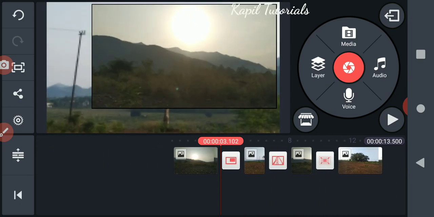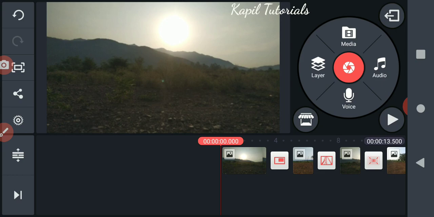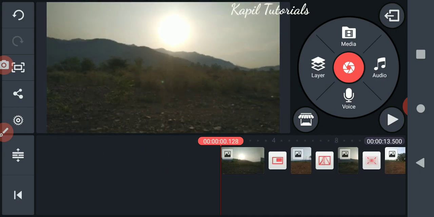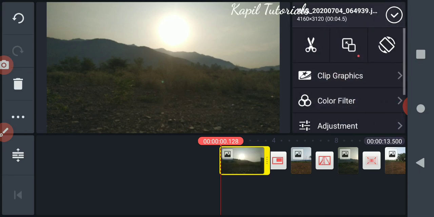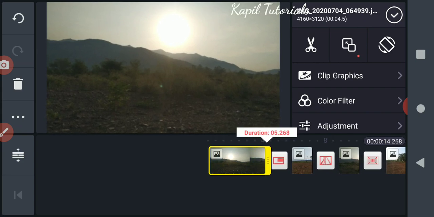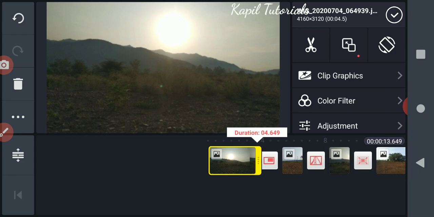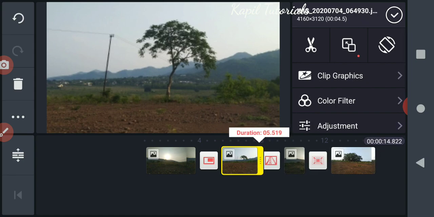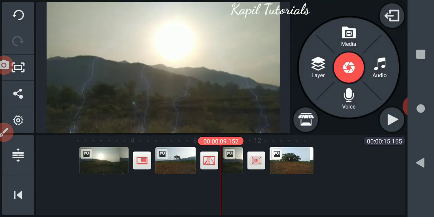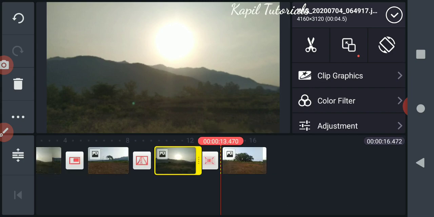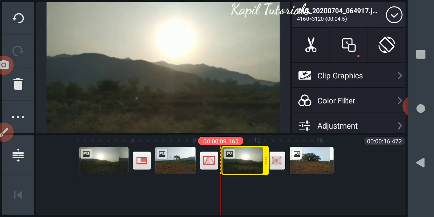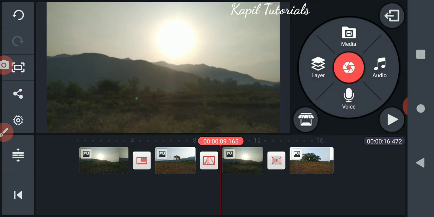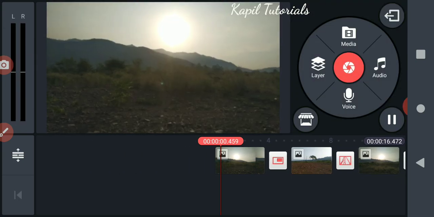So how to do it, how to go ahead now? Suppose one more point I want to tell you. Suppose this pic, I want to increase the size of the pic. Simply on the left and right side, I have to just increase my right side. You could see I have increased the size. Same way the second pic, I want to increase the size. You could see I am increasing the size. The third pic, I have increased the size. So I hope it is clear to you.